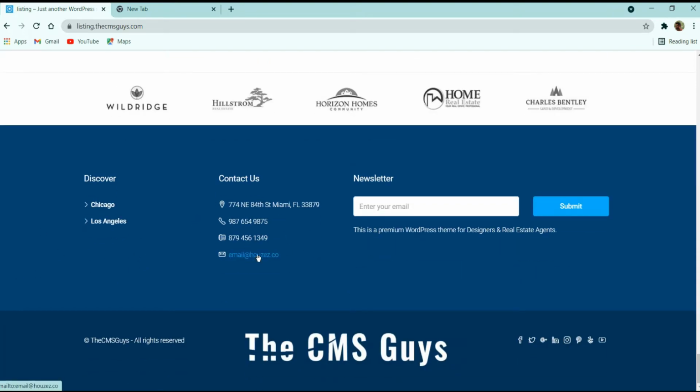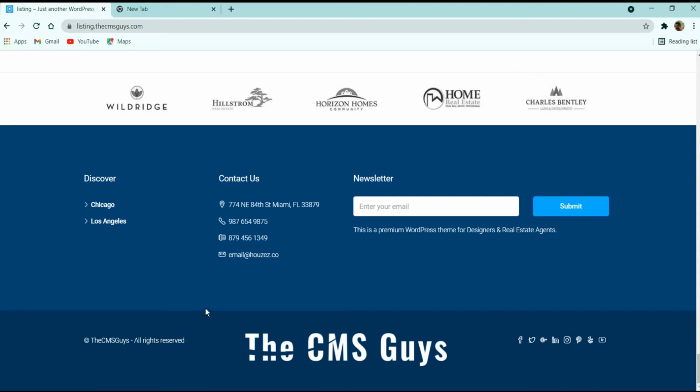we have this footer section. In this footer we have company details and then contact us. We have also here with this newsletter, and at the bottom again we have this copyright text, and at the middle we have the logo, and on the right side we have link to different social media profile.